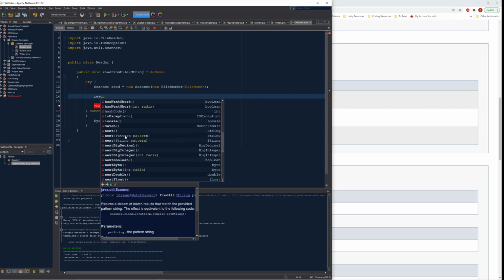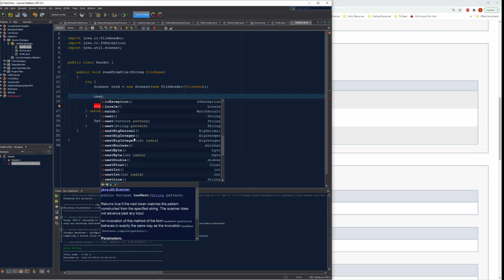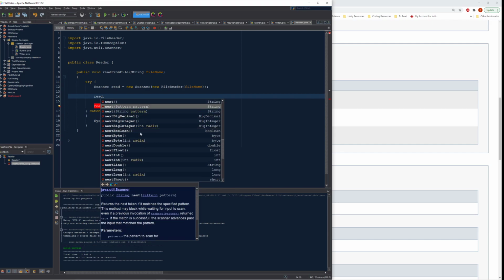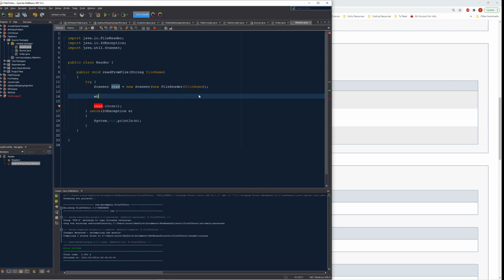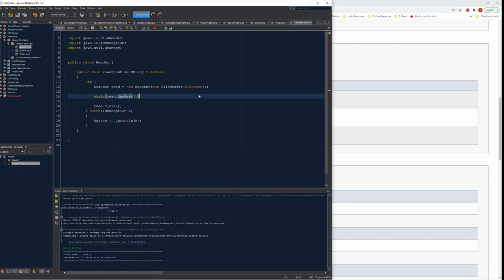So what we really have from most of our content here is: does it have information left? And let's get the next piece of information. We're going to get it one piece at a time. Here's how we like to set up this logic generally for this type of reader. There are different types, but: while my reader has next. So I'm saying, while there's still some river to travel down, while there's still some information left I haven't viewed